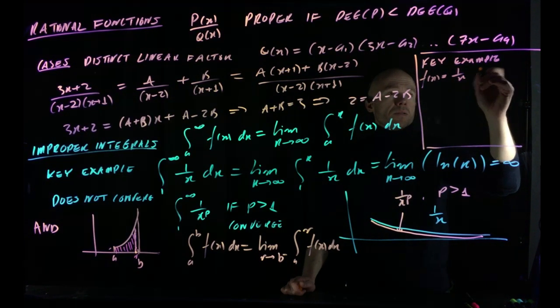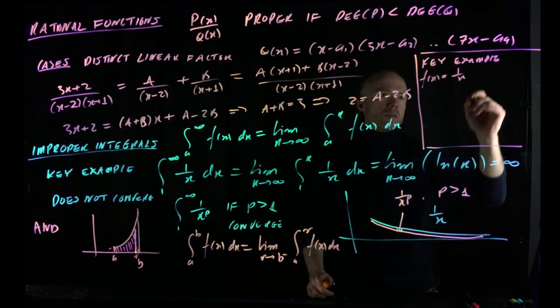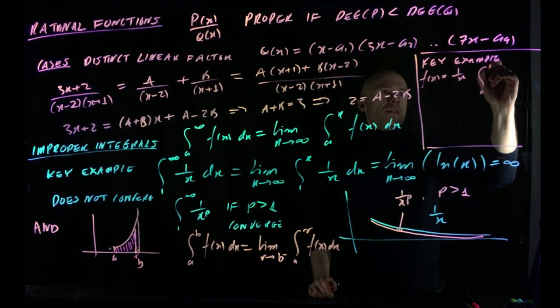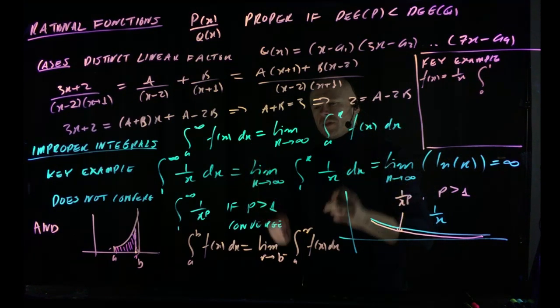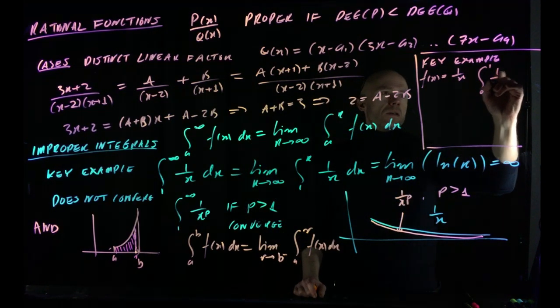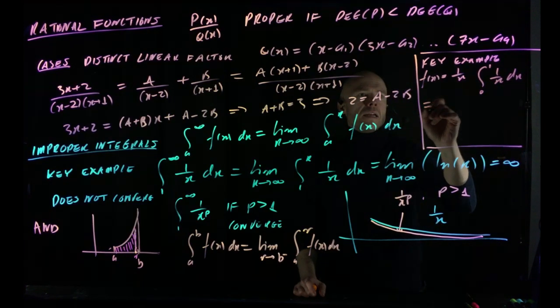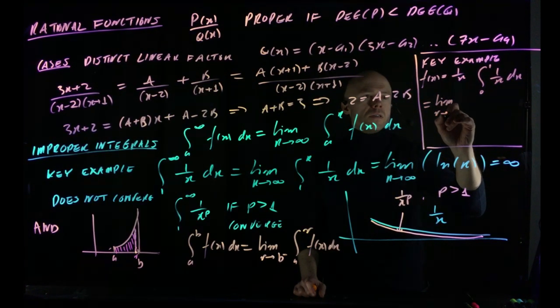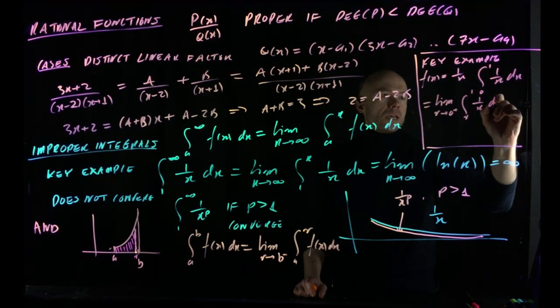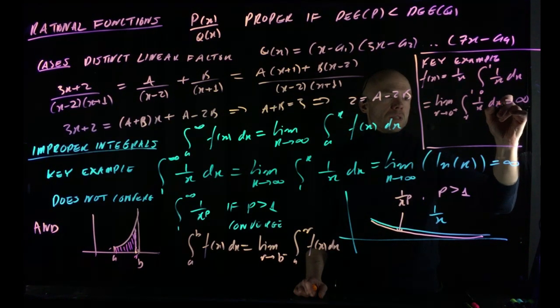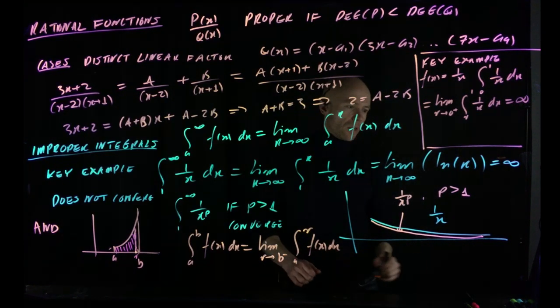So as we integrate, we'd like to integrate from, say, 1 to 0. And this thing has no meaning except as the limit as r goes to 0 from the right-hand side of the integral from r to 1 of 1 over x dx. And it happens to be infinity. Okay. So the area underneath this 1 over x graph